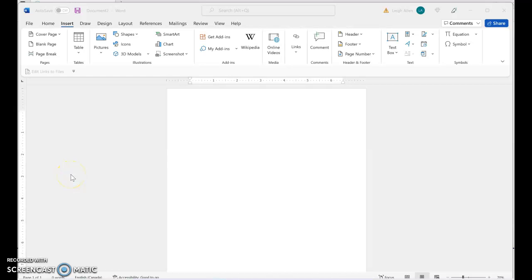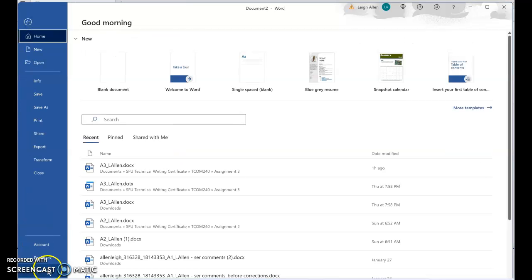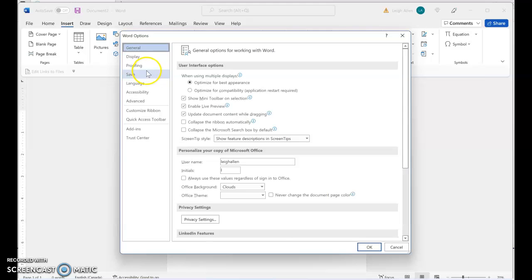Hi everyone, in today's video I'll be showing you how to customize Word's autocorrect functions. Word has default settings that correct common typos or misspelled words, but it's possible to adjust these settings to match your preferences. So to do this, in any Word document, click the File menu, click Options, and then click the